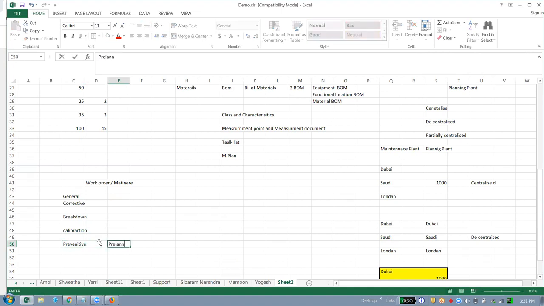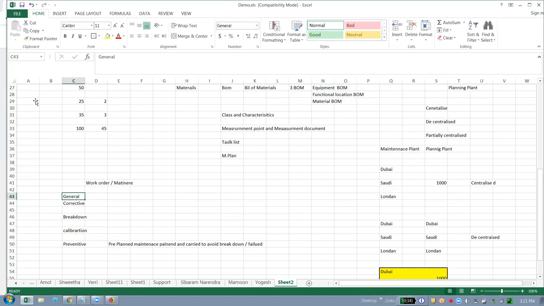It is pre-planned maintenance, planned and carried out to avoid breakdown or failures. Very important.